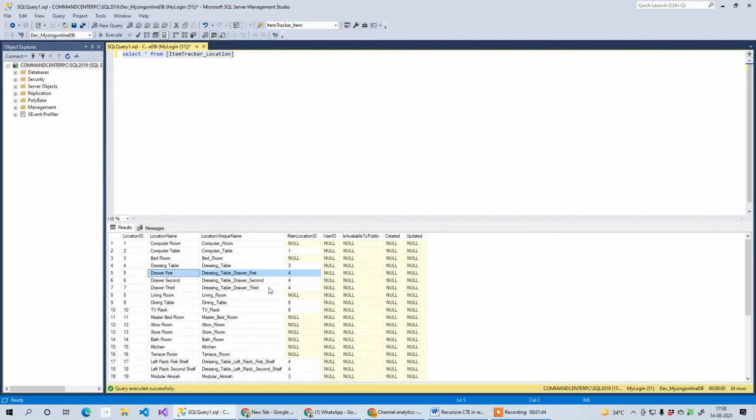But with recursive CTE in reverse, what I want to do is, if I send an ID, like maybe drawer second, it should show only the things present in that particular tree node. So we want to have this drawer second, then dressing table, and then bedroom, and all the other things should be removed. So let's just see